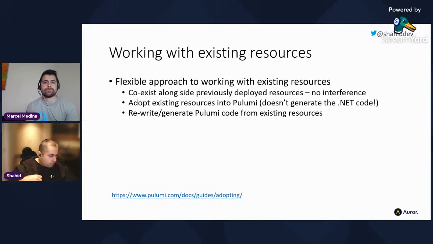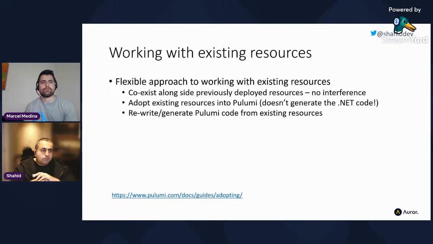Another option is you can write the code for it. So let's say you've got a web app in production at the moment. You can write the .NET code for that, saying here's a web app and all of the settings as they are based on your current production version. And then you can add an attribute into the Pulumi code, which essentially tells Pulumi to adopt the existing resource. So when you run Pulumi up, it's not going to go and create another web app. It's going to see the one that you've said is already existing, and it will essentially adopt it, if you like. It will start controlling that going forwards.